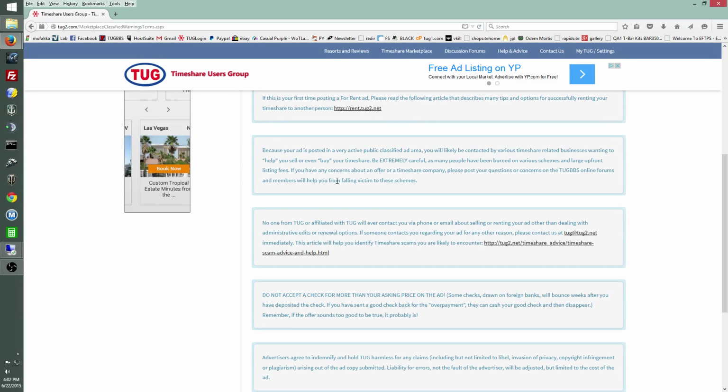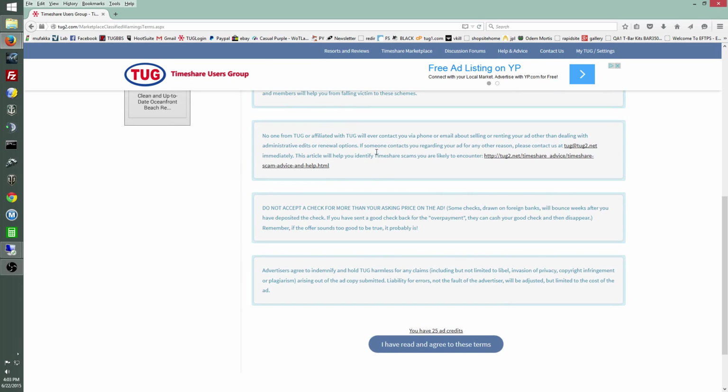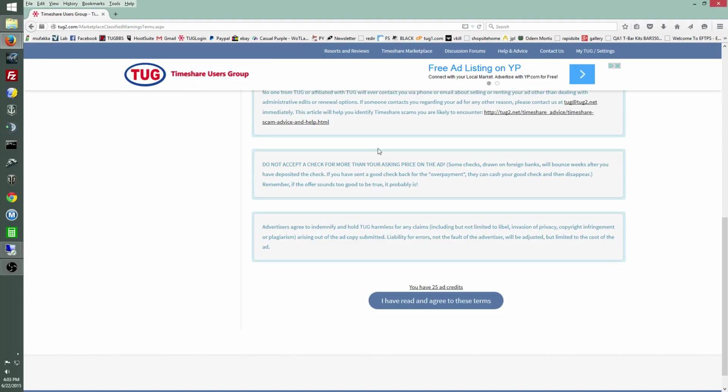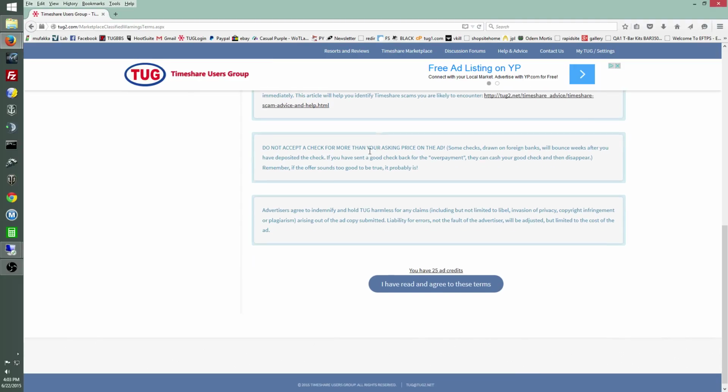It's an inevitability that when posting an ad in the marketplace, regardless of what marketplace it is, whether it's TUG or Craigslist or any other site, someone is going to contact you and try to rip you off. The most common ones always ask for upfront fees. We harp and preach on that paying upfront fees to sell or rent your timeshare is a terrible idea, along with a variety of other scams that are very, very common in the industry today. We just want you to be aware of them so that you can identify them when you're contacted and not